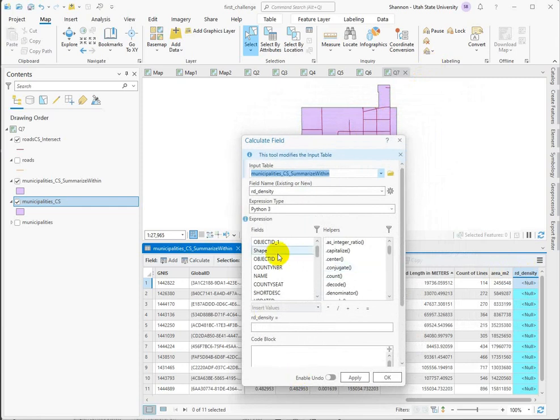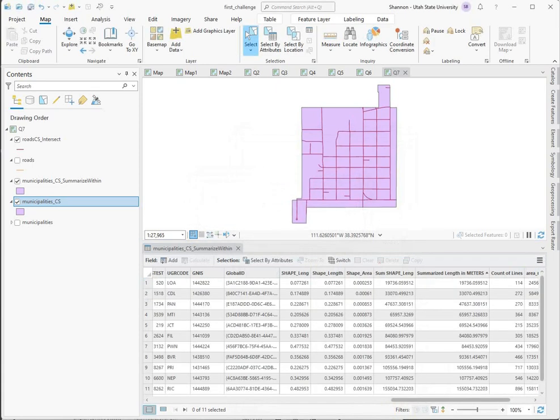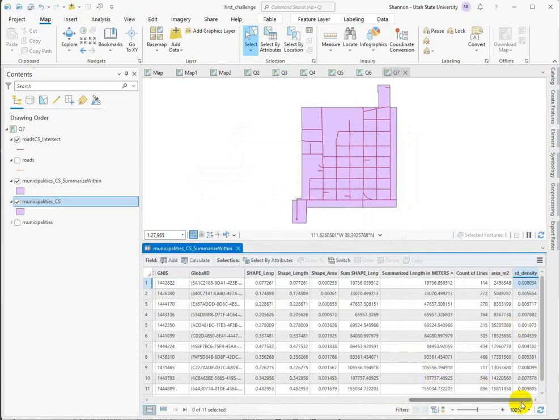We're going to divide the road length. So we're in this table, we're in this field. We can skip that, and we know we want our length, summarized length in meters, divided by our new area. So we're getting length per unit area, and that'll be our density. Okay. They're pretty small numbers. Sort it descending,